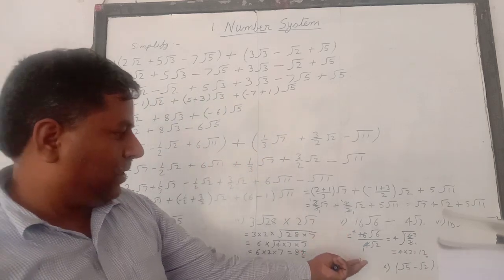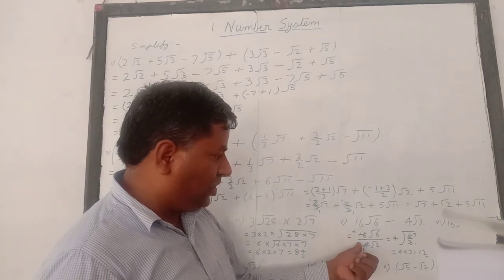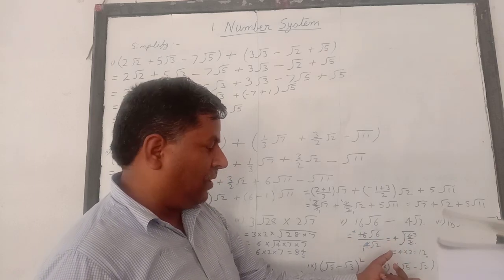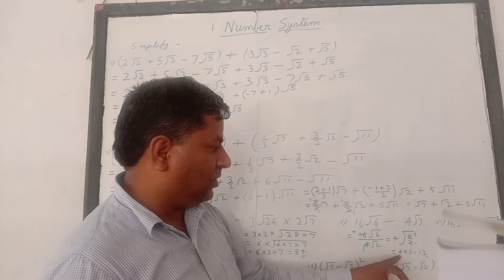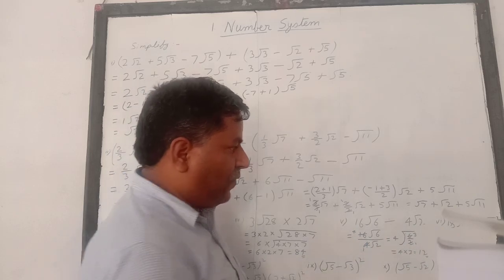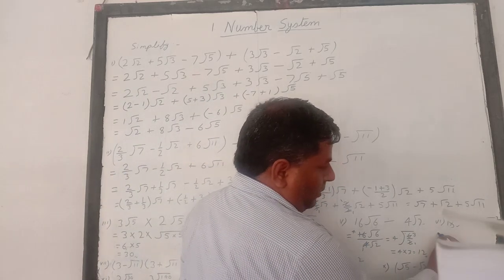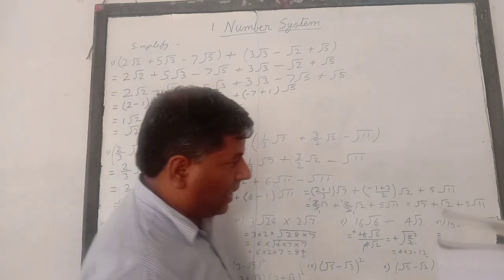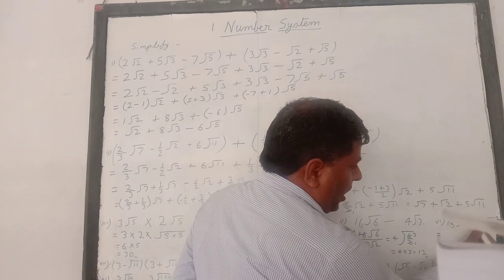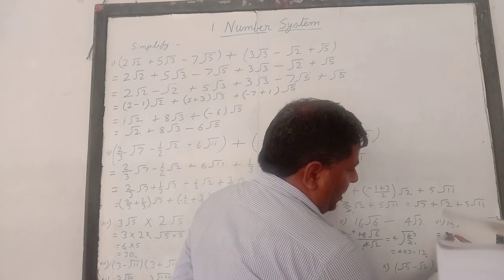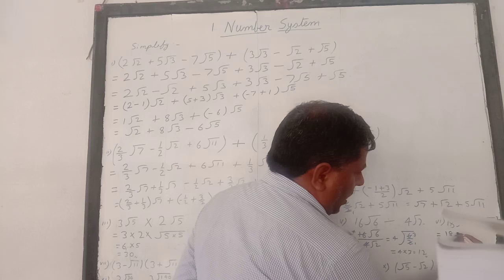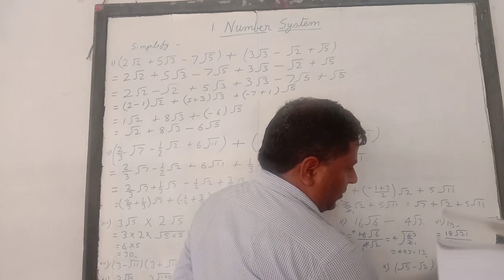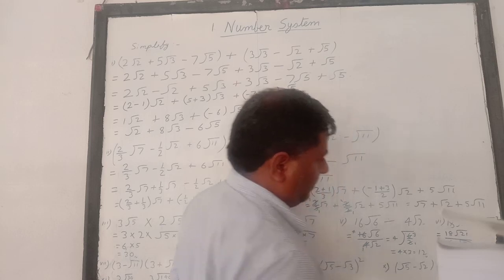So this is how we can do division. First convert it to multiplication form and then cancel the coefficients, and then whatever is inside the root, put it together, and if it can be simplified, we simplify and then do the rest. In the same way, take another example: 18 root 21 divided by 6 under root 7. So we can write here 18 under root 21 by 6 under root 7.